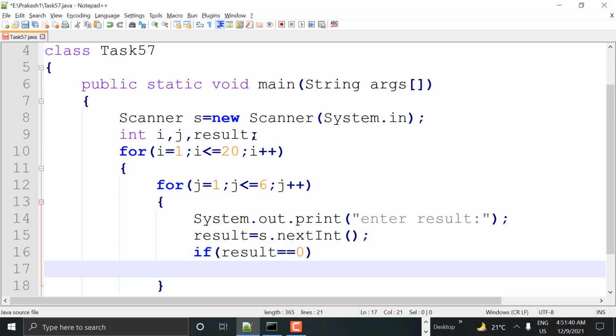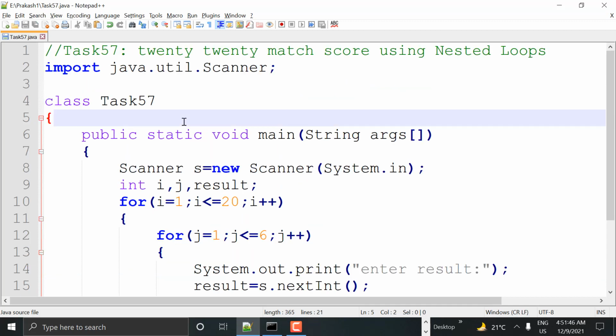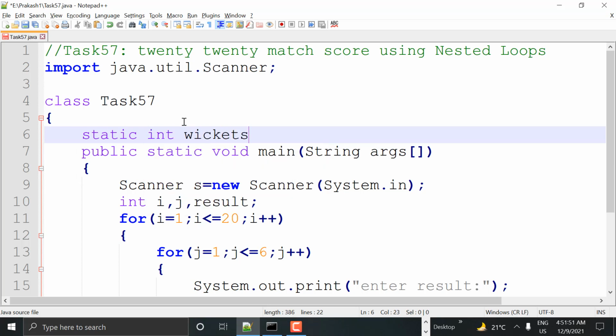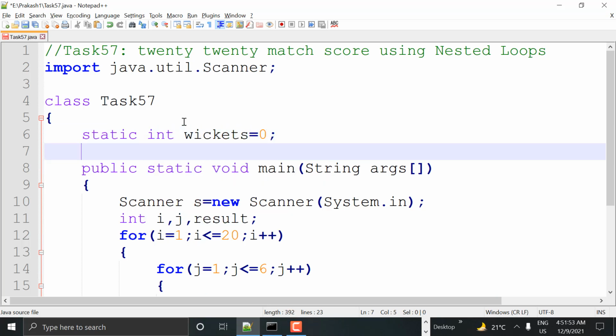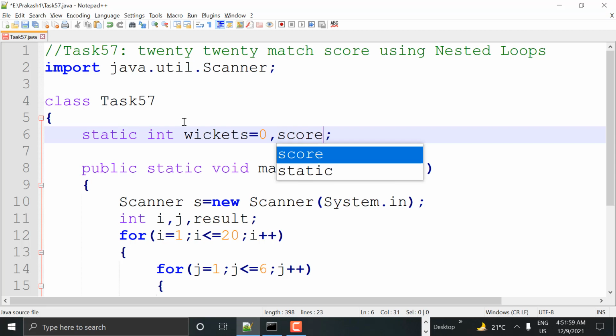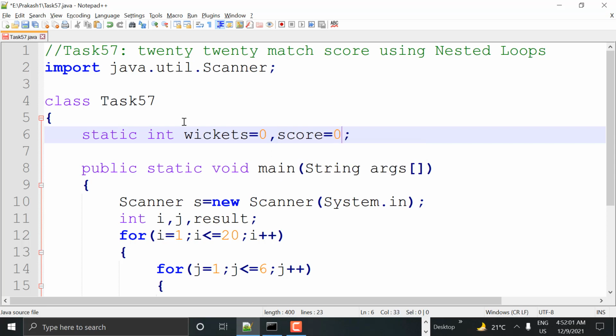I said 0 means we need to increase the wickets. 0 means out, right? So if out, take a variable, guys. Static variables I'm taking: static int wickets is equal to 0, and the same way I'm taking score also, comma score is equal to 0.